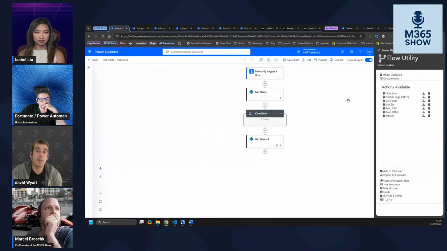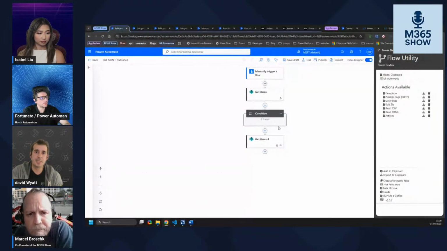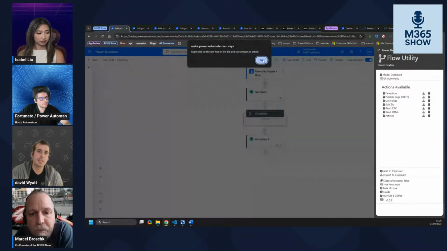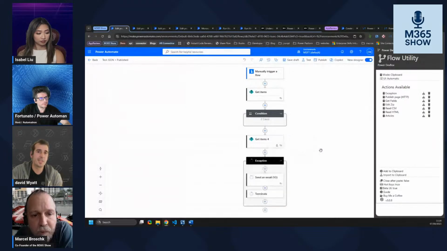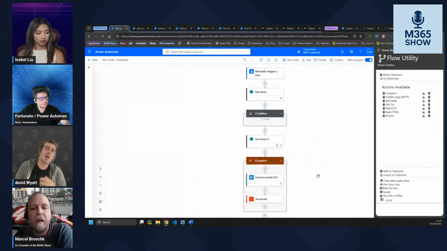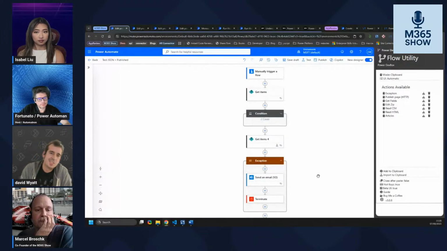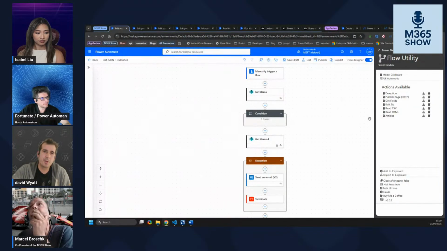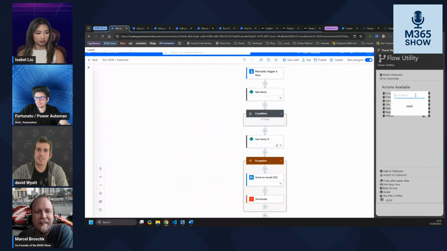It basically allows you to copy actions and then reuse them. So in this case, this hasn't got exception handling. I can click on exception handling and then I'll pop it in there and it will automatically add it for me. So it allows me to reuse these components quickly and easily. And before the days of favorites, I used to have my favorite actions in there, like a get items or whatever. So it's a really quick and easy way to do things and move things across. And you can just add any item, just copy it, add to it, and then give it a name.